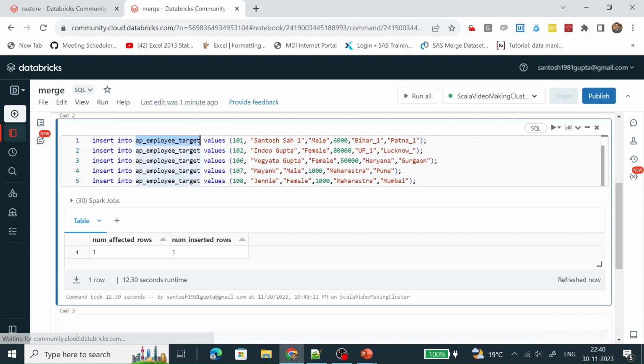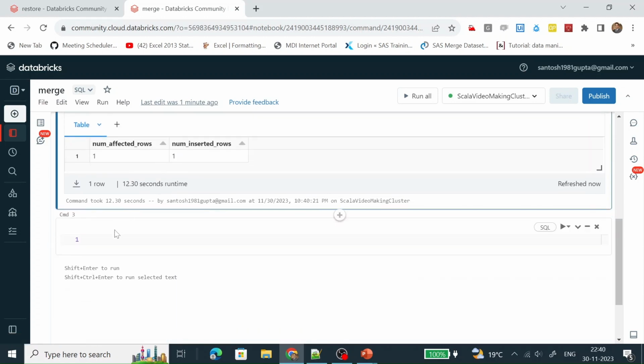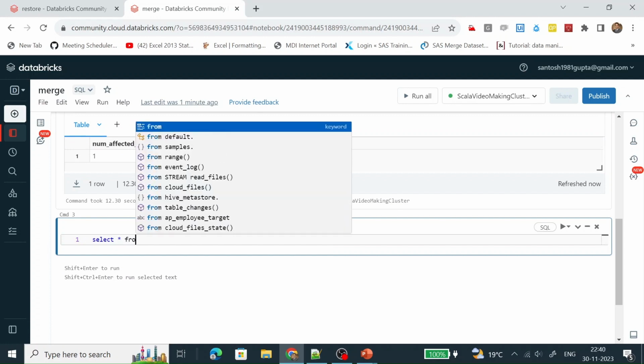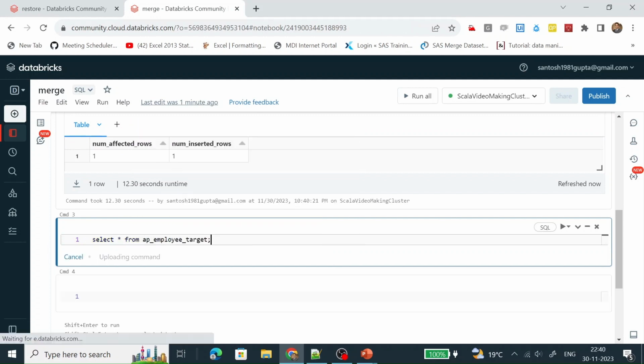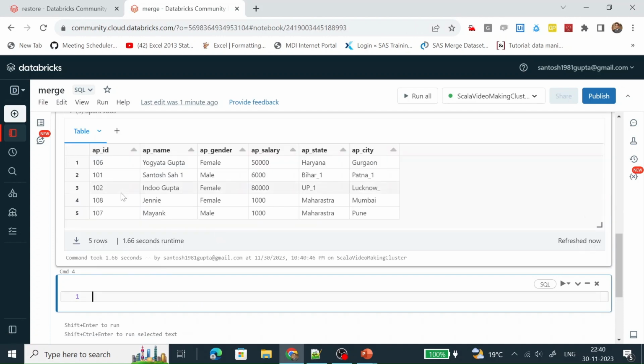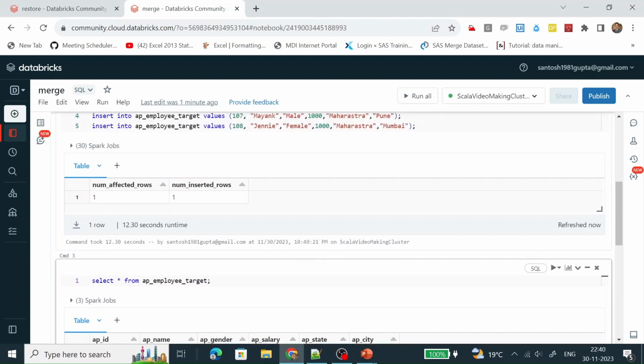All the records are inserted. Let me do a select star from it. So this is the same data which we have inserted here.